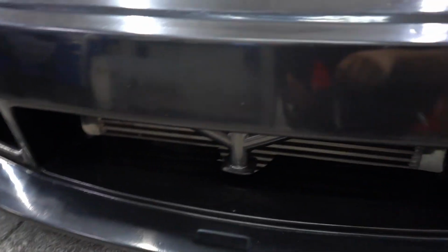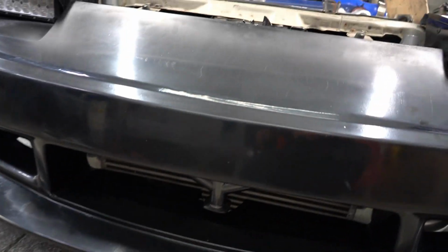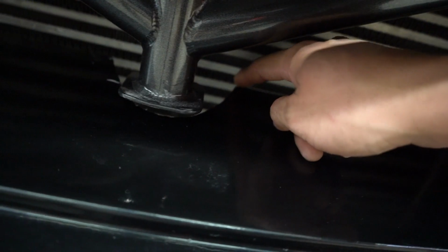Alright guys, after cutting and more cutting and more cutting, we cut this area for the jack point, and then Daniel realized that if you're gonna jack up the front of the car, usually you don't have the bumper on. So we kept on cutting and cutting. So I'm just gonna leave it like that. I mean, whatever. Okay, but fitment